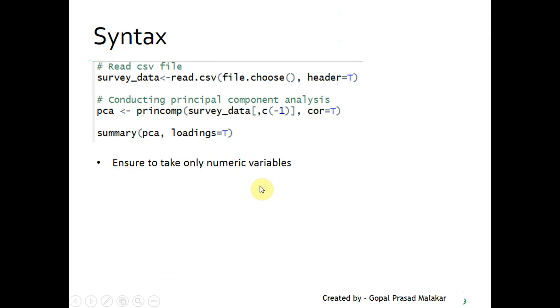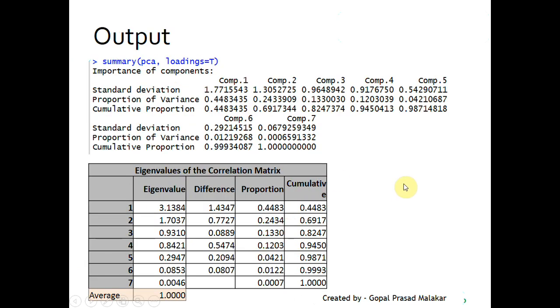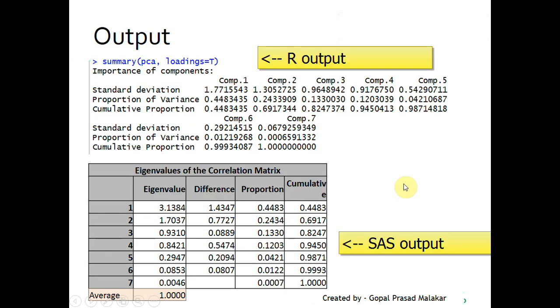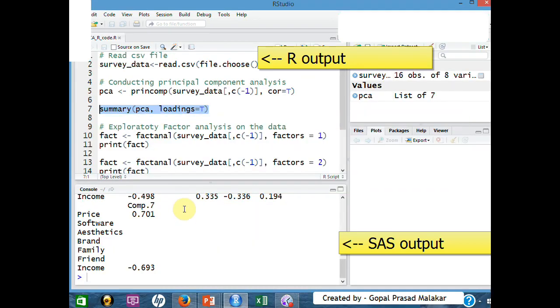So ensure that you take only numeric variables, and this is how the output comes. Now take a look at what it has produced. It has produced very much what SAS has produced. The only difference is that here it has produced the standard deviation of the eigenvectors or principal components, whereas SAS gives the variance. So essentially if you square 1.77, you'll get 3.13. I can show it to you in Excel if needed.